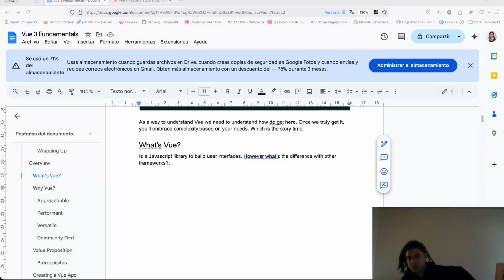But it's interesting because there are a lot of companies that actually opt in or opt out from Vue, and they say, hey, no, we prefer to go with full native JavaScript, right? So for example, Apple and Google. Interesting. So the question here is what